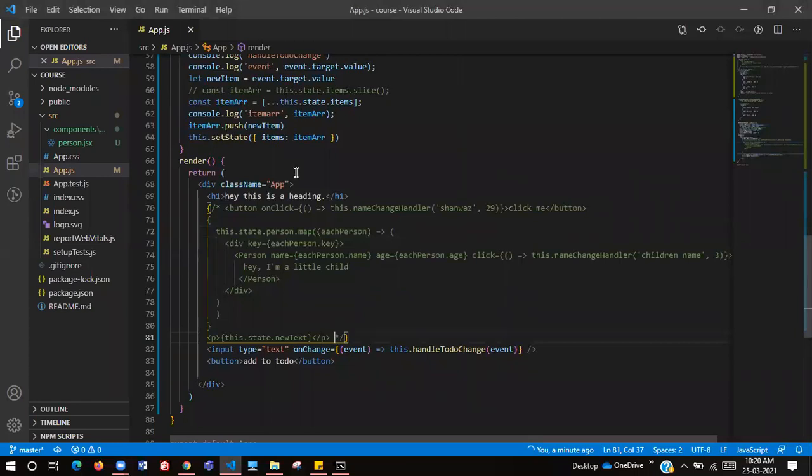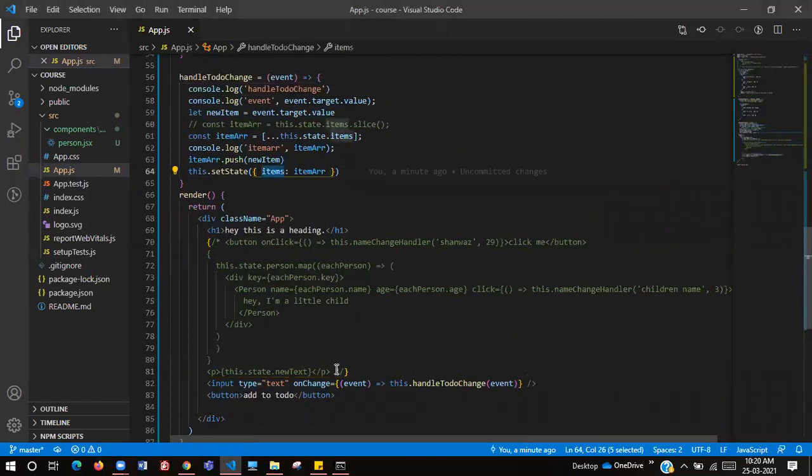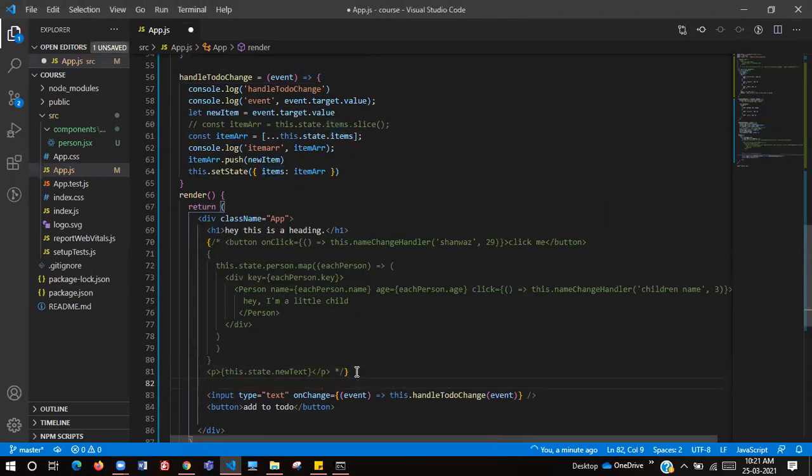So we are not rendering the items here. Okay, so now let's just do that. this.state.items.map. Did we talk about map yesterday, guys? Yes, sir. Okay. Now what do we need to do here?